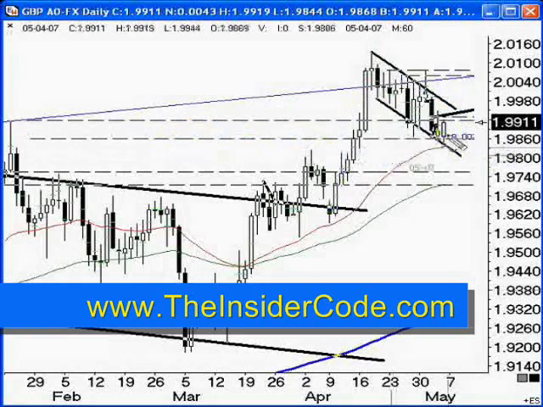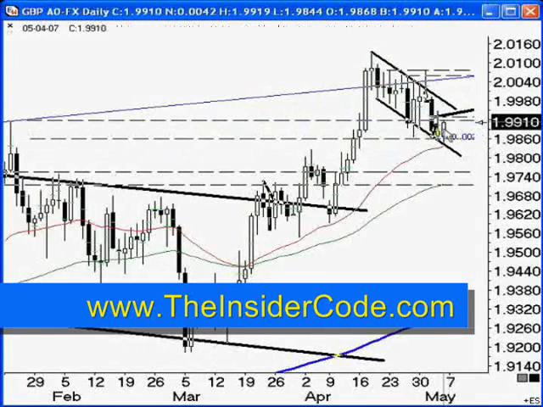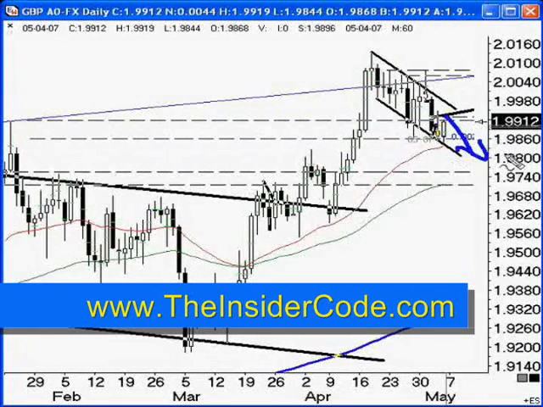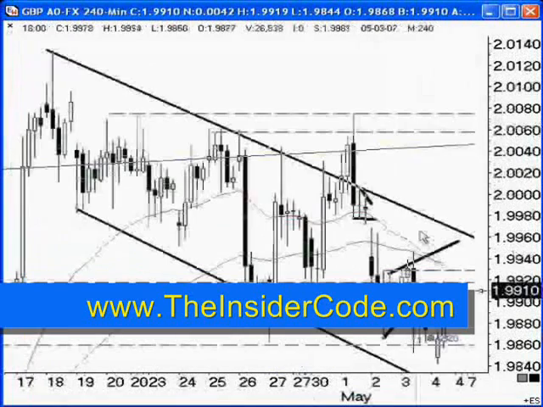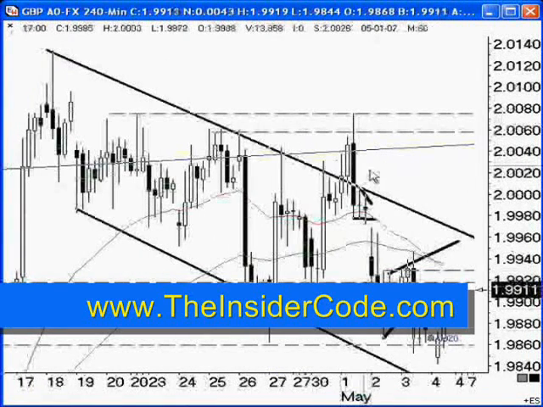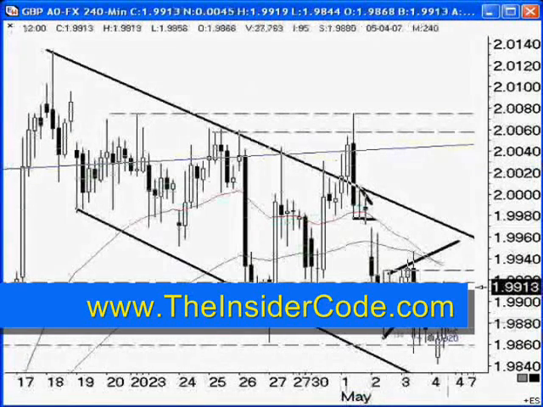We've also got to remember, though, that this line here, since the market is below it, is resistance. And until the market gets back above here, we've still got to consider the possibility that the market will come down off of that. Okay, so keep that in mind as we start looking at these lower time frames here. There's really nothing forming up as far as other patterns or other support and resistance areas.